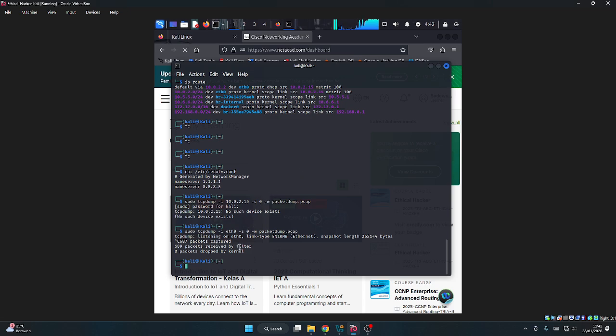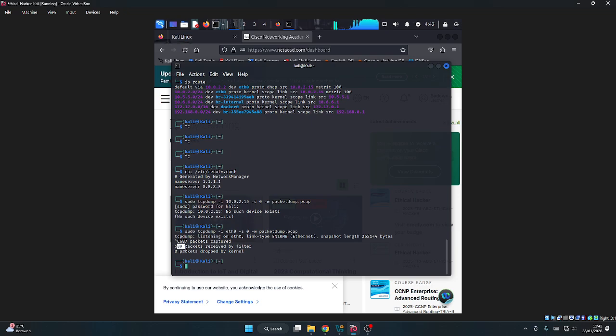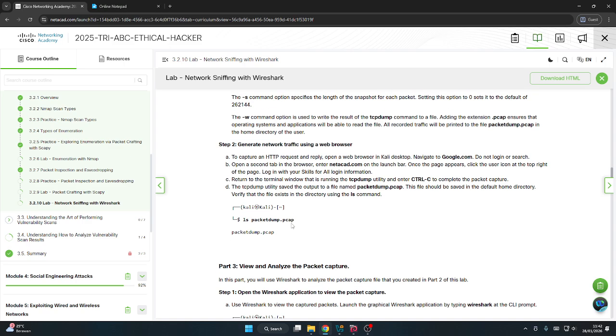Ctrl-C. There is 689 packets received, and we can use the command ls packet dump pcap.